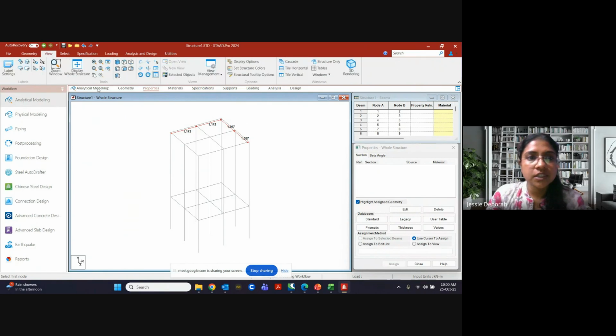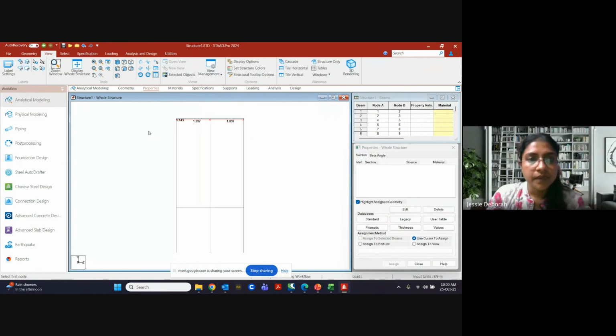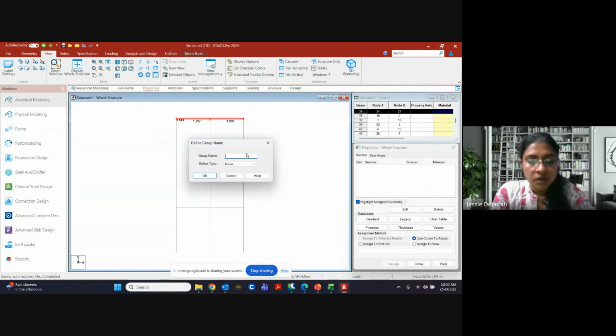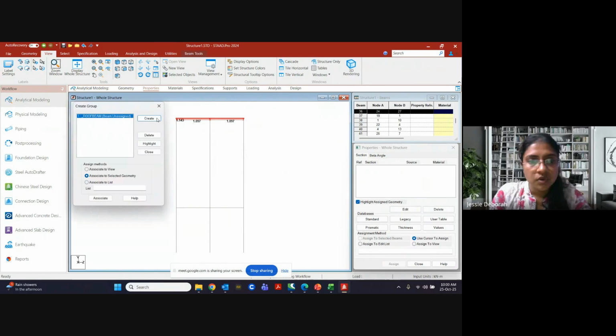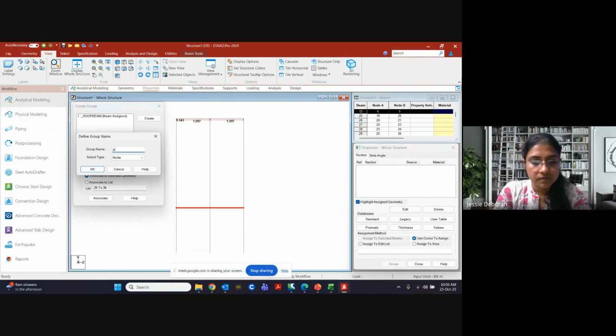We will create groups. Okay. So this is going to be your roof beam. Roof beam is a beam. So associate selected geometry. Now this will be plinth beam.